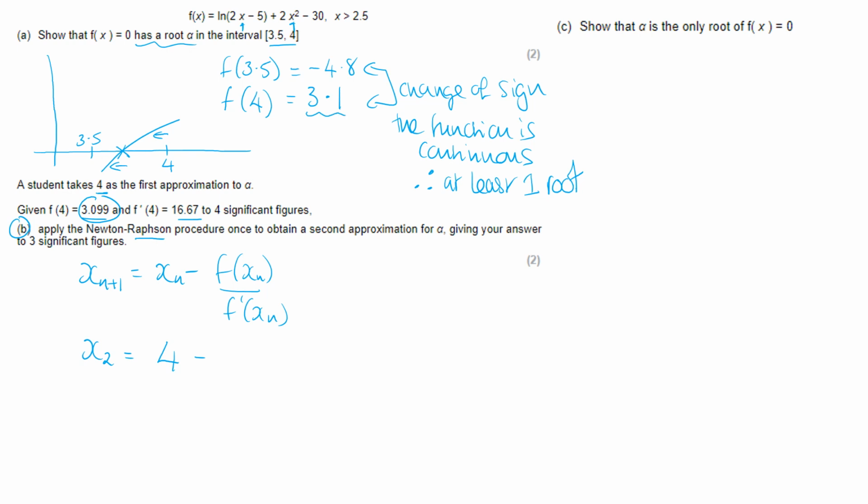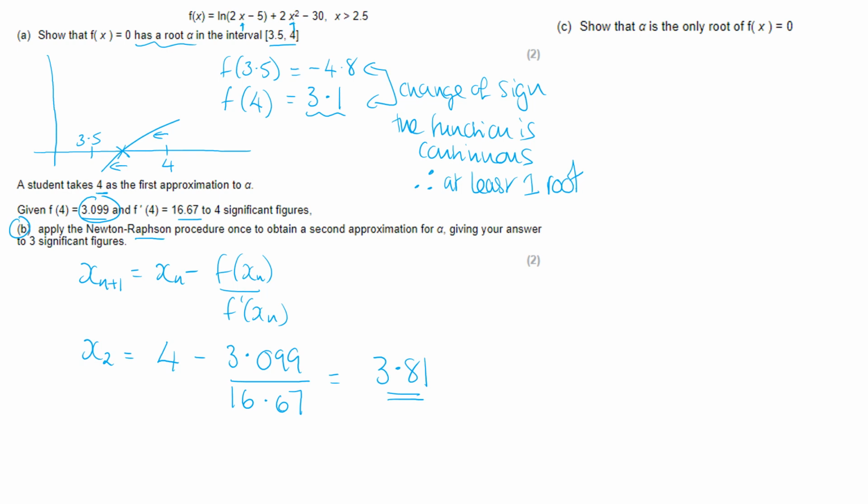I got 3.1 there just to show that it was a change of sign, but 3.099 is a better one to use, and it's what the question has given us, divided by 16.67. If you do that on your calculator, you will get 3.81. Now in part C, it says show that alpha, and we've got a better approximation, 3.881, is the only